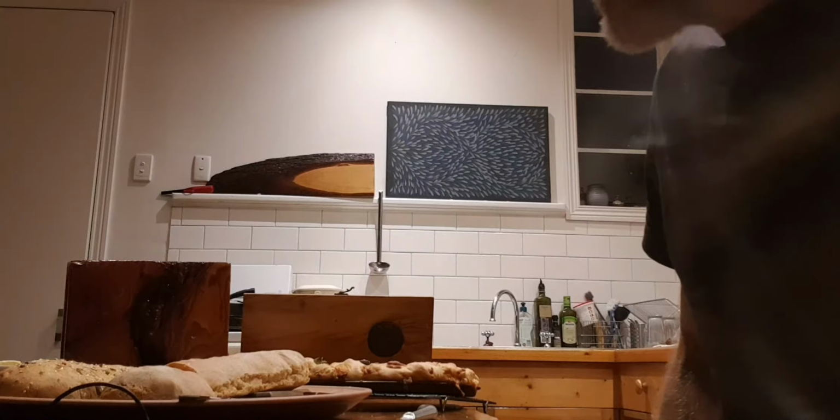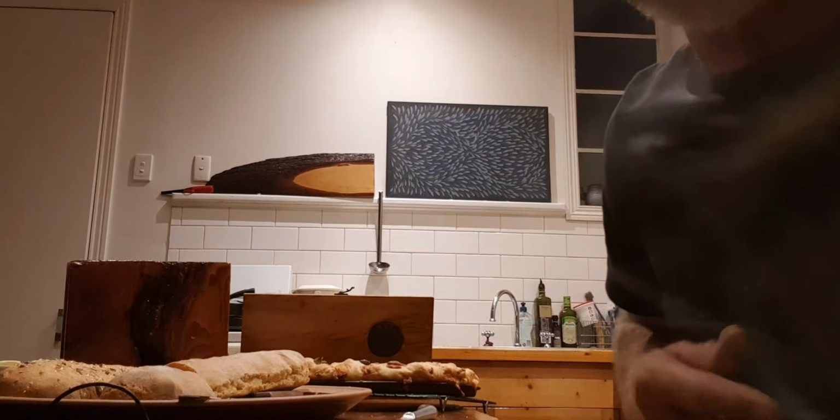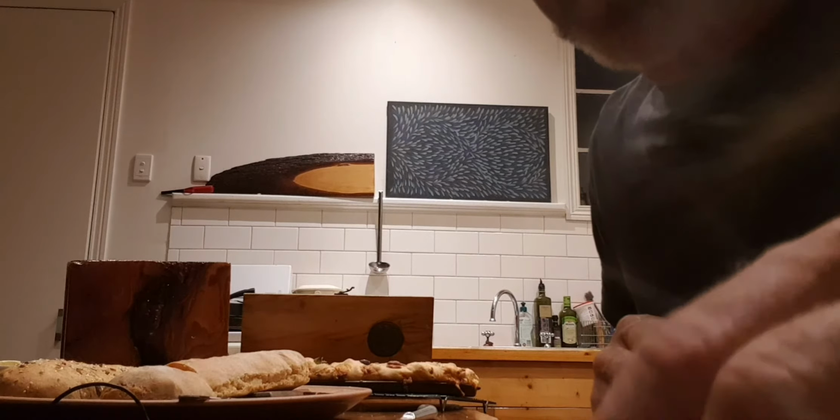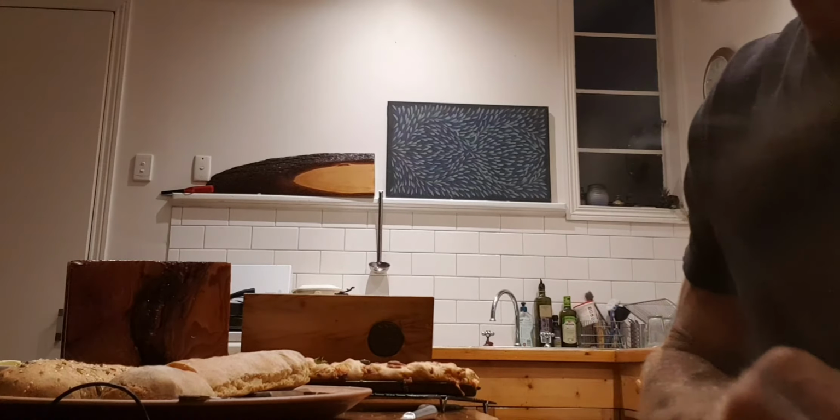So, I suppose the big takeaway is that it's absolutely delicious and it was really easy, and it might have seemed like there was a bit of mucking around and waiting for it to rise and all of that, but gee, that's a lot of fun too. And well, once you've got it in the fridge, it just sits there and you pull it out and bang, voila, it's done. So I hope you could tolerate all of this,